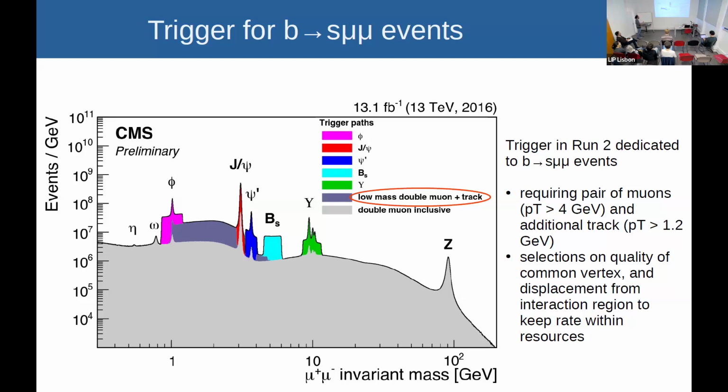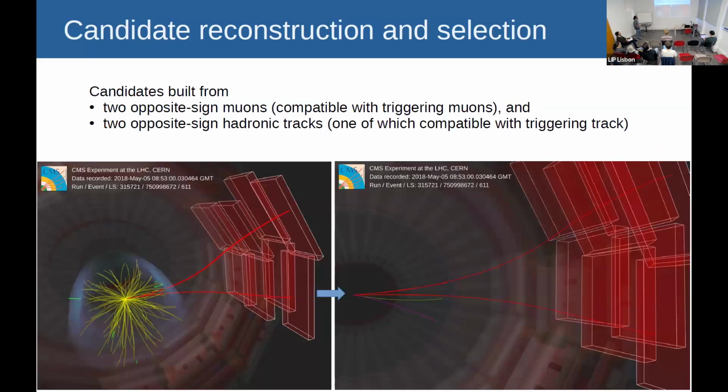So the Q-square spectrum of this trigger was scanning from around 1 to around 5 GeV squared. So no, sorry, from 1 to 5 GeV. Okay. So now that we have collected this data set, how do we reconstruct our candidate and select it? To reconstruct the candidate, we put together two opposite sign muons and two opposite sign hadronic tracks